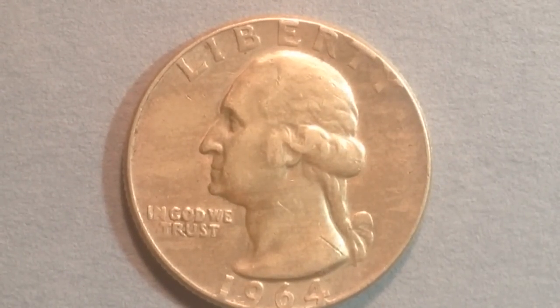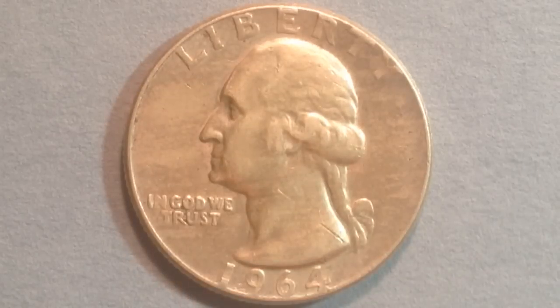We will zoom in. So from 1932 until 1964, the United States Mint made Washington quarters that look just like this one right here. And the specialty of these ones is that they are 90% silver, 10% copper, and they've got a weight of 6.25 grams. Now the dimes were 90% silver as well, however, they are much smaller coins. So because this coin has a little bit bigger of a diameter to it, it's got more silver content in it. And because of that, just its silver value alone is currently worth